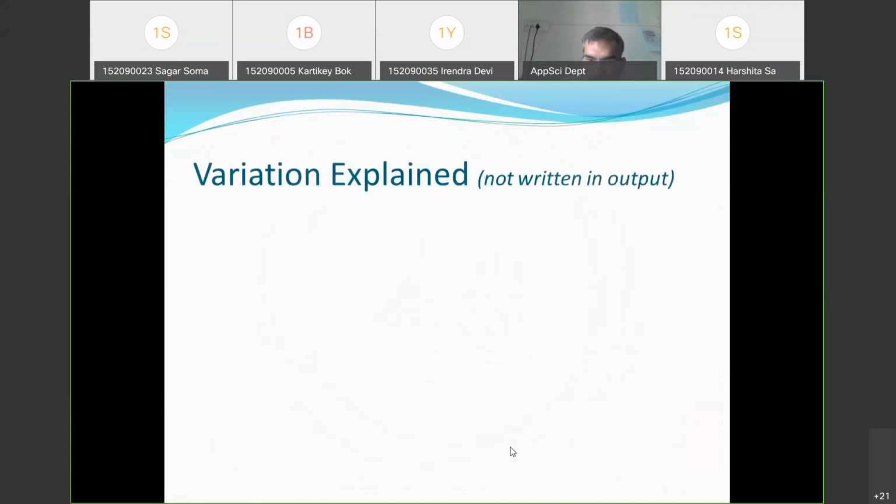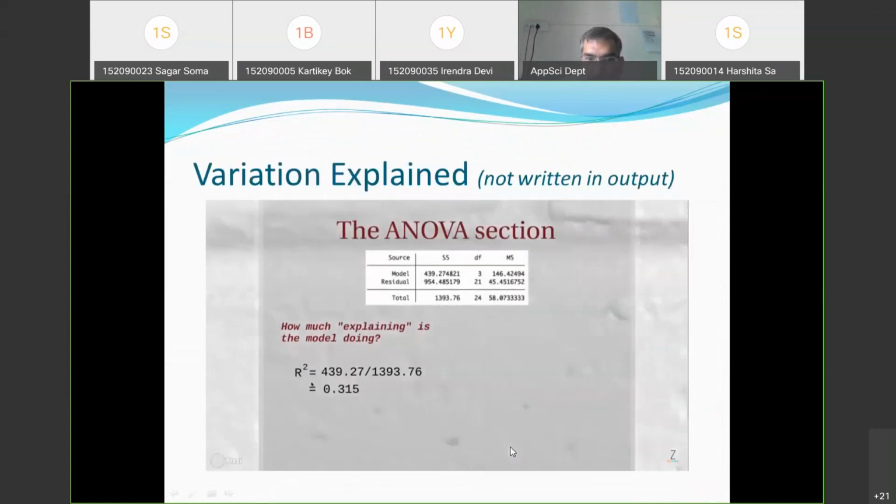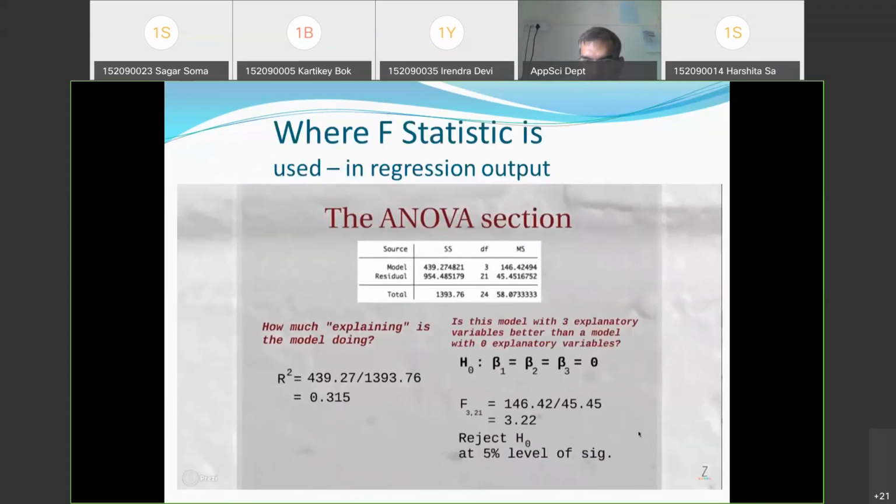And we are trying now to compare the variation by calculating the F statistic. When we go to the F table, we will see that the degrees of freedom of the numerator are given on one axis, and the degrees of freedom of the denominator are given on another axis.